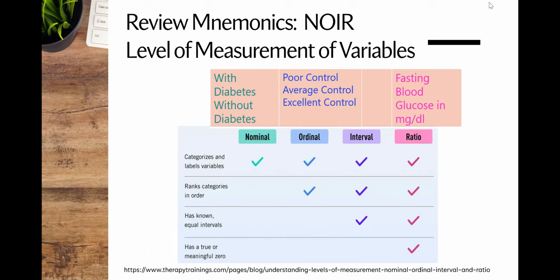But you do know that excellent control is better than average control, which is better than poor control. And then going to the ratio level of measurement, you now go into the actual blood glucose level in milligrams per deciliter, and it's reported to you as a number. So a particular variable of interest can be reported in just one way, or like this one, can be reported in different levels or in different ways. And how you choose to report it or measure it will decide partly on which statistical test will be most appropriate for it.